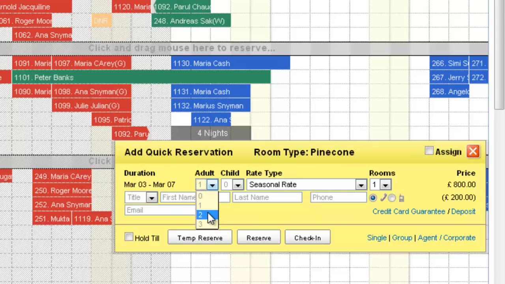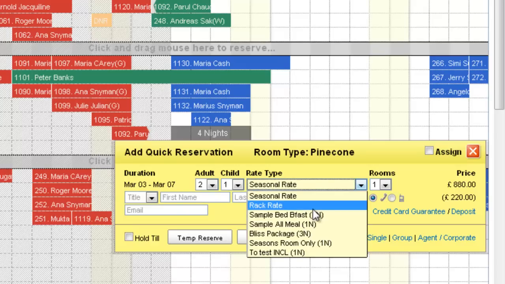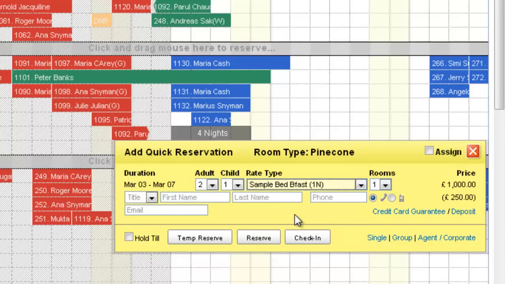I can select the number of adults and children here. I can have the rate that I want to book this reservation on. So these are the rates that you can set up depending on what hotel you are running. So we have all meal plans and we have bed and breakfast, or we have a room only rate. So this is a bed and breakfast that I have selected, and then I put in the name of the guest. So the moment I start typing, it will automatically pull out